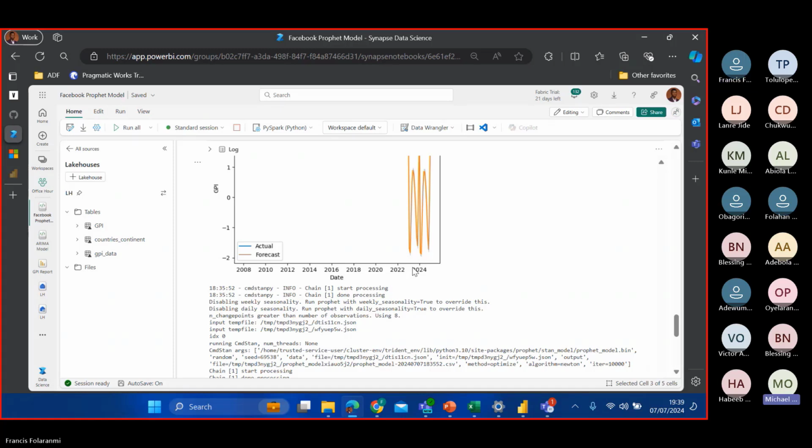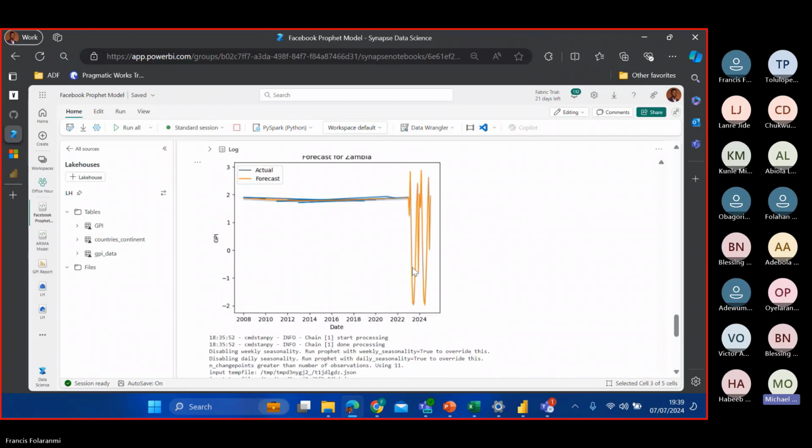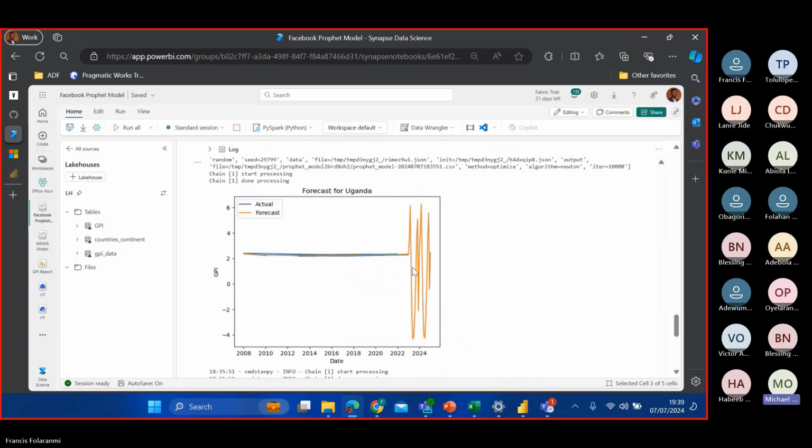So, any other questions? The second question, let me tie it to what you have presented to us. Everybody knows that Fabric is fairly recent and is an amalgamation of many tools.